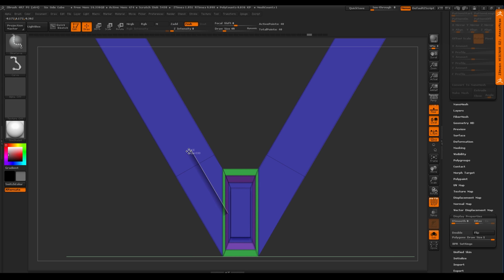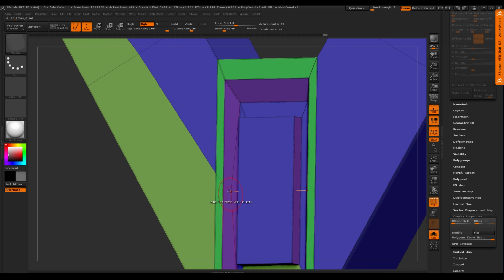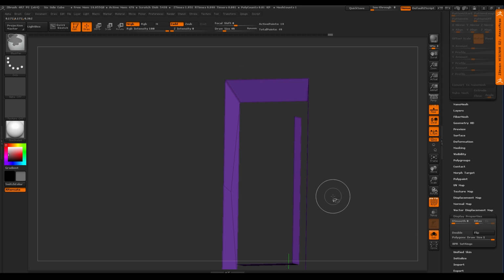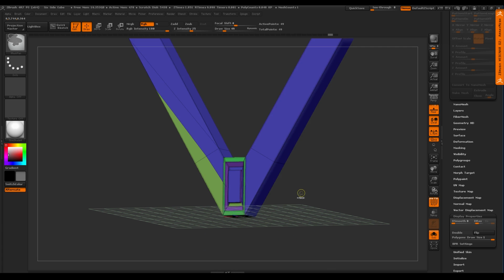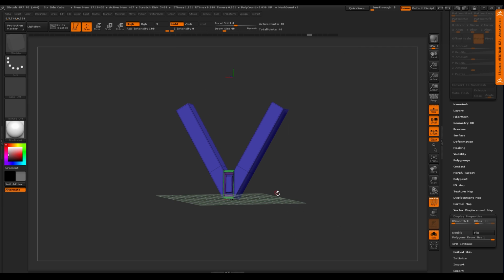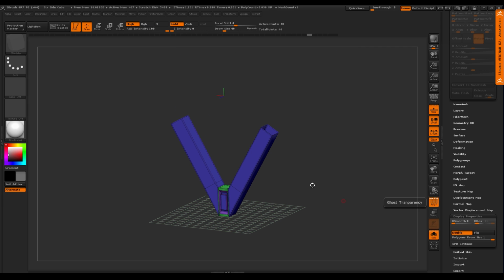I'm just clicking in there, and you can see where the start of that line is, right? And I'm going to double tap the Alt key and make it harsh. And then there you go. So you can see there's a new polygroup here, right? And then this is slicing across here, but because this started here, this polygroup does not change, okay? But these green ones do. So it's a great way to use the slice brush to do that, right?